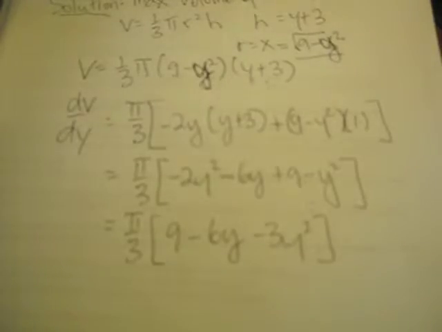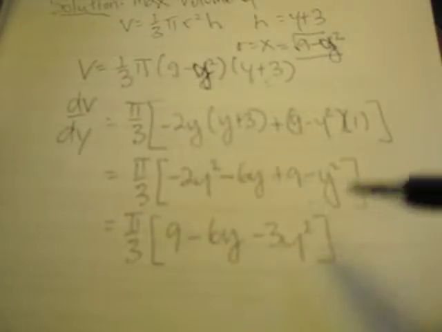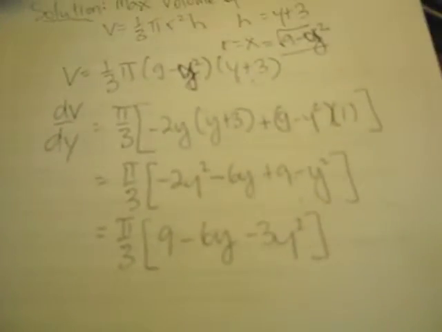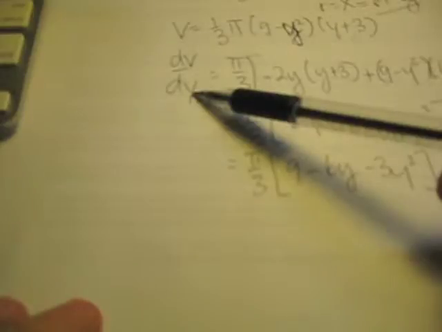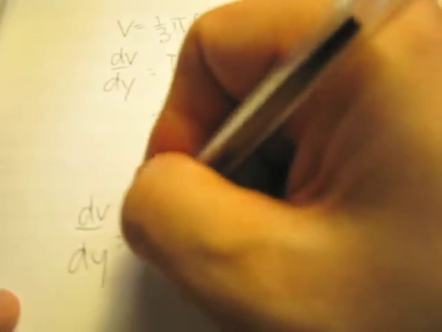Okay, so that's what we have so far. Now, we want to optimize this, so we're going to need to find critical points, aren't we? So critical points occur, of course, whenever the first derivative is 0 or undefined. We can see here in this case that 9 minus 6y minus 3y squared is not undefined anywhere, so we just need to look for when this is going to be equal to 0. So dV/dy equals 0 when,